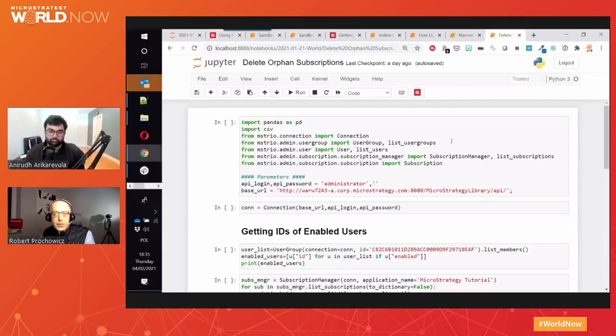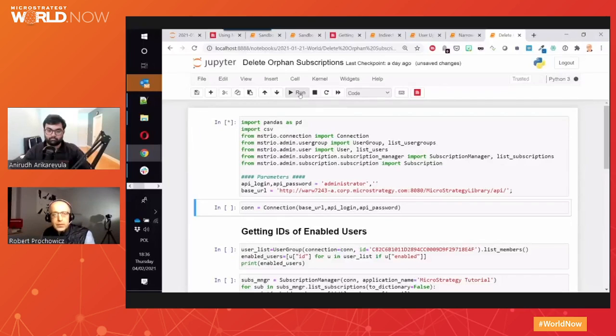If you maintain a big MicroStrategy implementation with many users, they create subscriptions, and you don't make cleanups, you may end up with thousands and thousands of subscriptions, and many of them are not used anymore because owners of those subscriptions, people that created those subscriptions, are either deleted, those users, or disabled. So if you want to clean all of those subscriptions that are not needed anymore, you can use this simple